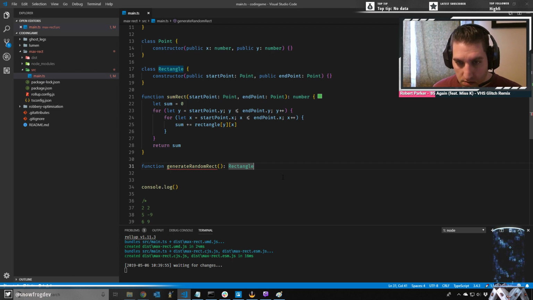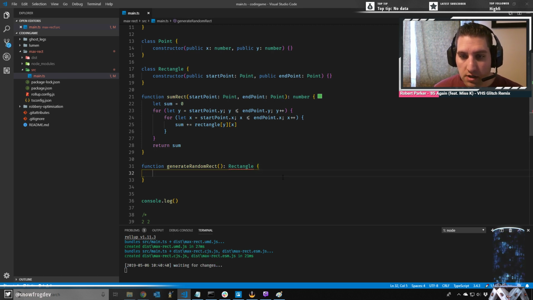Okay, so we're expecting a rectangle from this function. How are we gonna generate that? Well, it's not too complicated. We just start by generating randomly one point, a start point. So our, oh, but we always want our start point